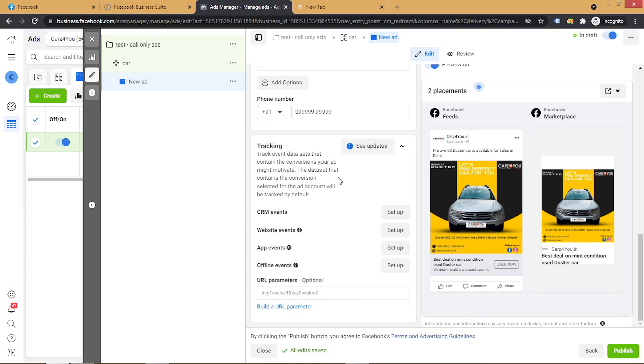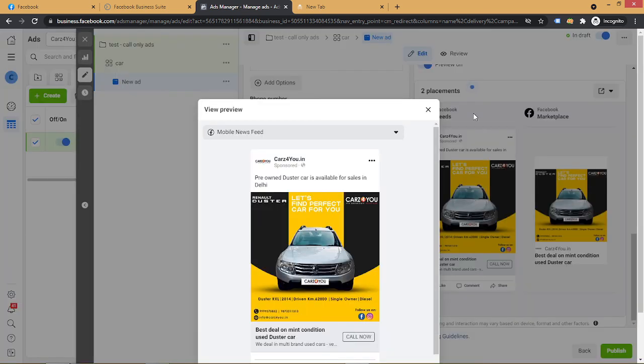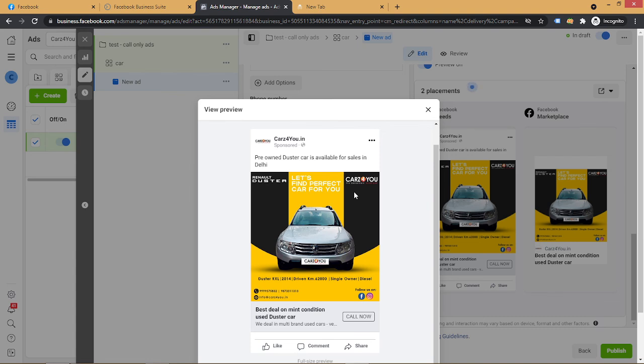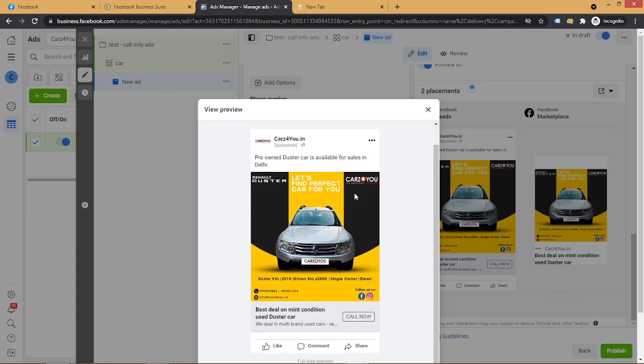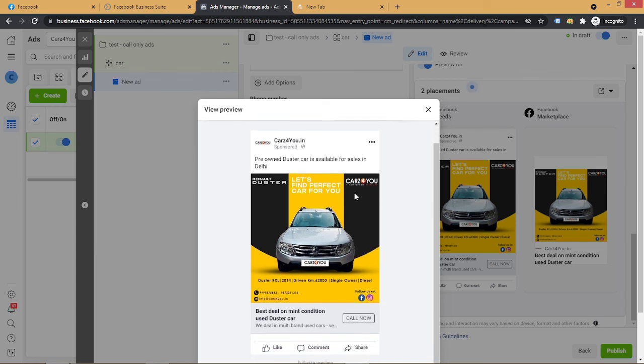These ads are placed on Facebook feed and Facebook Marketplace. Here I can expand and show you the ad experience. This is our ad preview. There is also another link for the ad preview which we can share with our customer or client.